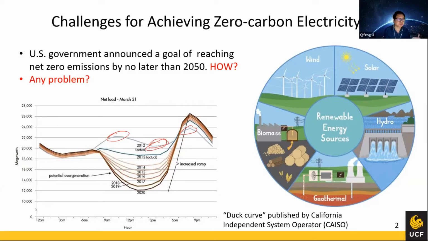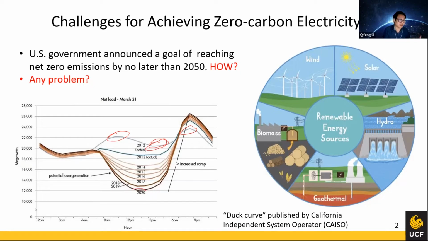So the whole day peak happens at around 8 p.m. Thanks to the solar generation, the net load curve starts dropping during the daytime. That means there is renewable generation, the solar generation, during daytime. The net load means the consumption of the customer minus the generation of the solar, which produces the body as well as the belly of the duck. And the net load is met by the fossil fuel generators.